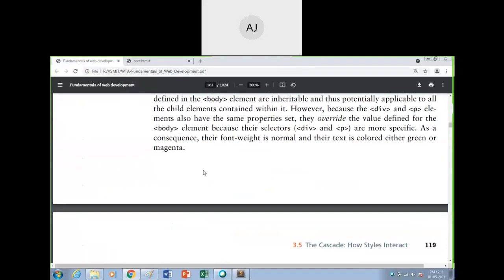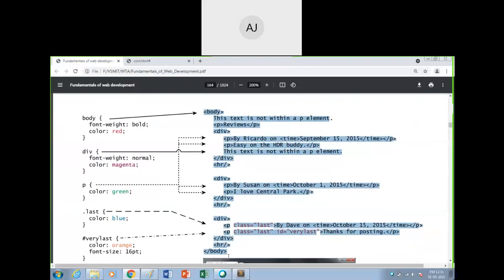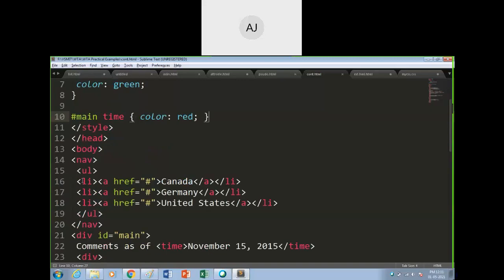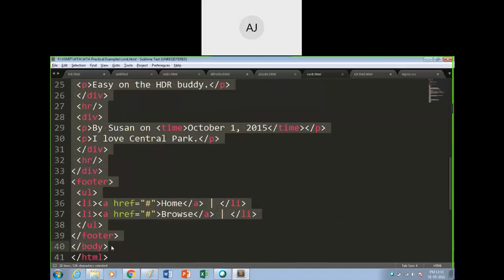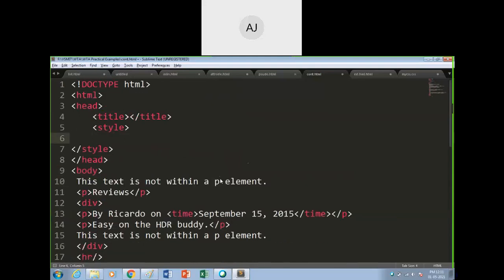So I will copy and paste this code. Body to body, I will copy and I will paste here. Body to body, paste done. Then I have to remove this style and I have to copy that style.